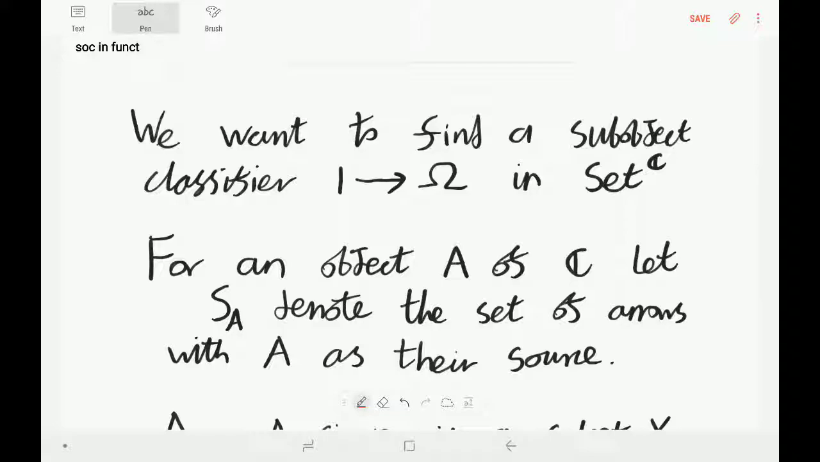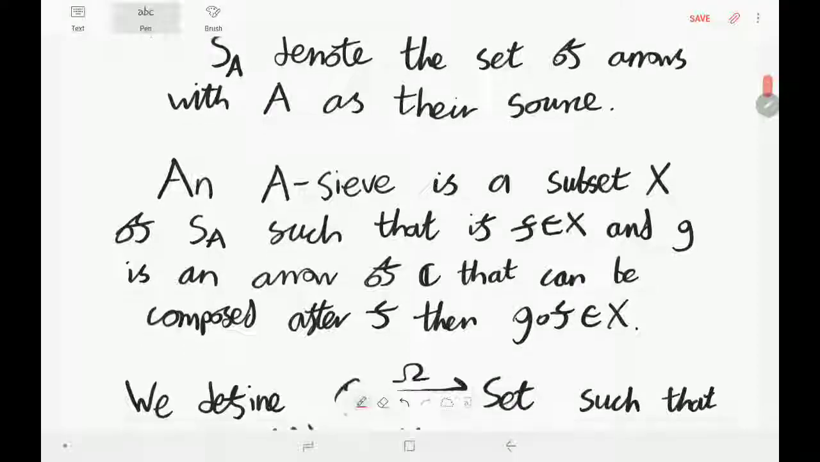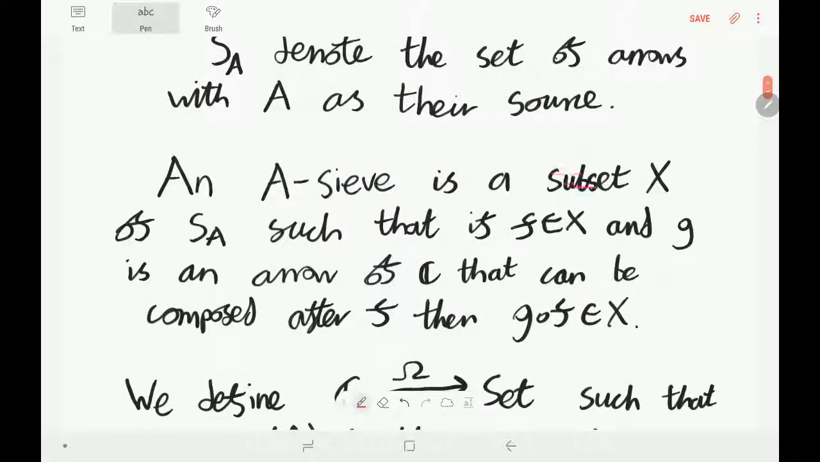But anyway, let's go. So for an object A of the category C, let S(A) denote the set of arrows of C which have A as their source. Okay. Now let's define an A-sieve as a subset X of S(A) which is so-called closed under left composition. So that means if we take an element f from X, in other words,